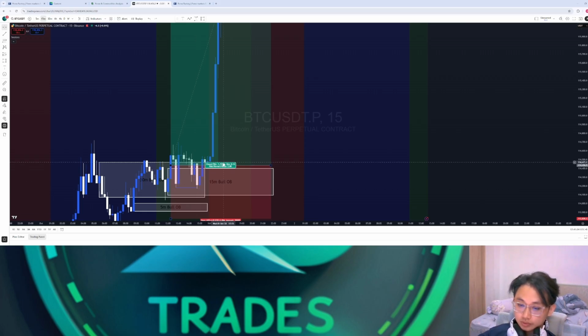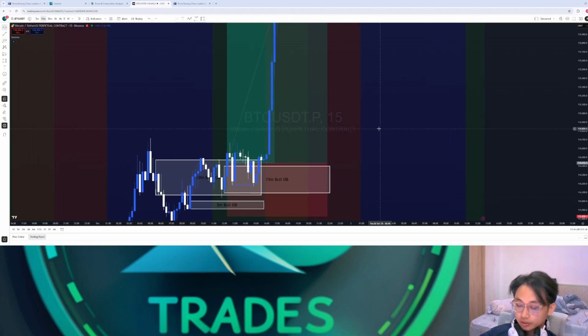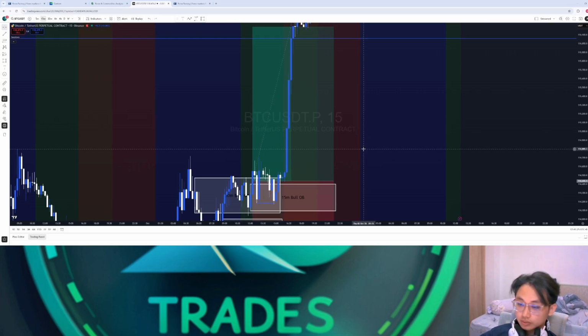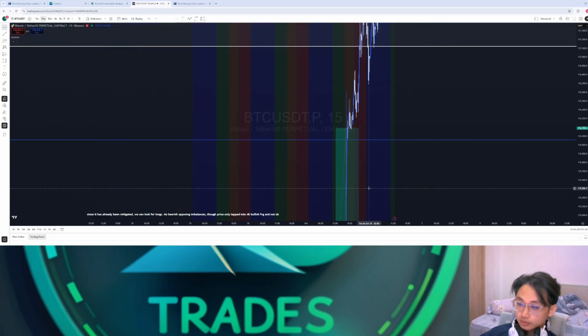Liquidity sweep, there's no imbalance, so it's fine. Then creation of a fair value gap or order block, which happened, right? But it's really small, and also there isn't a retest of the extreme OB. There isn't a retest of the 15-minute bullish extreme OB, right? So yeah, price just shot all the way up